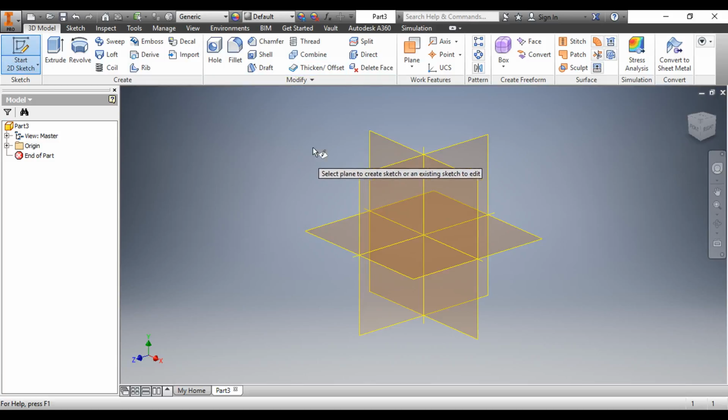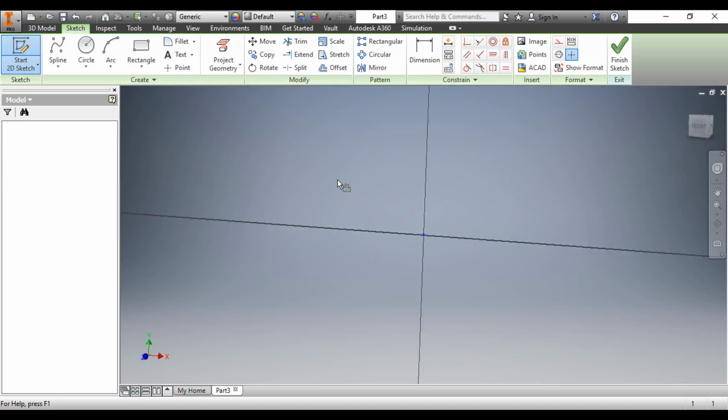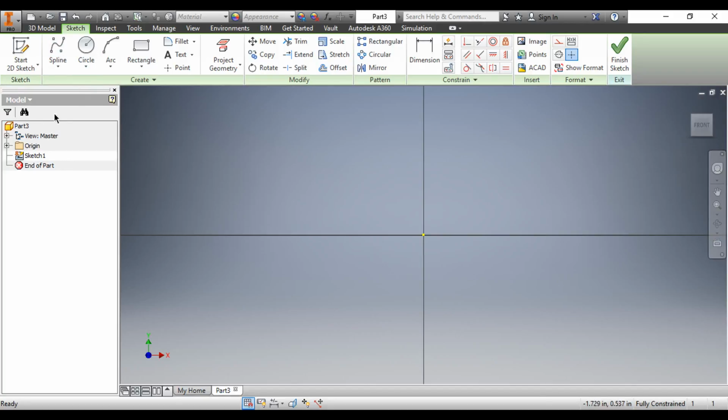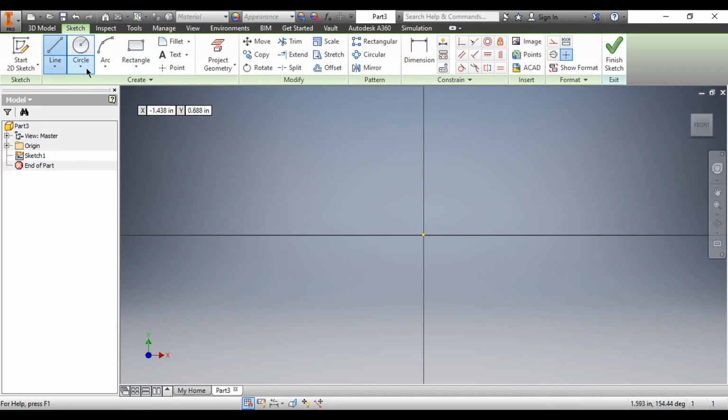Here you can see the work planes available. XY plane is for front and back, YZ plane for side, and XZ plane for top and bottom. Just click your desired plane and let's start off with line. Click Line